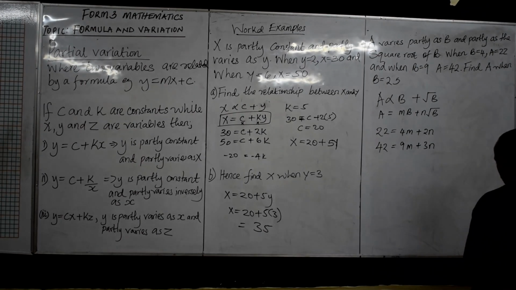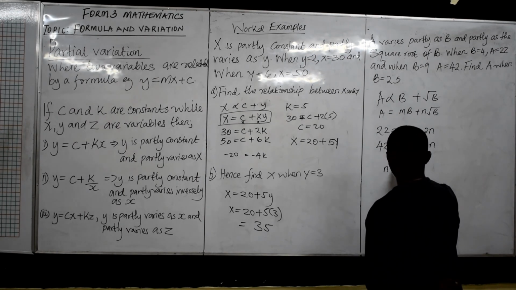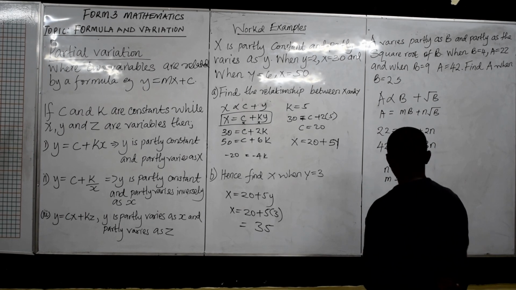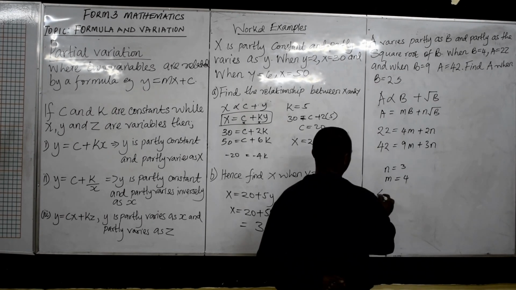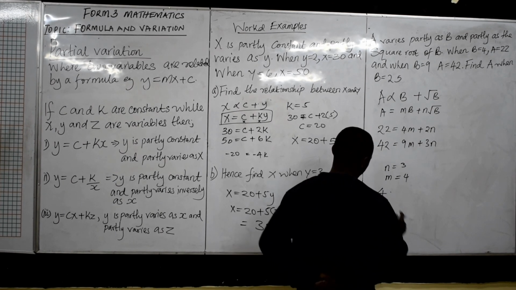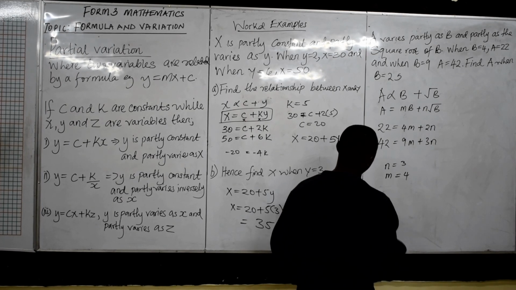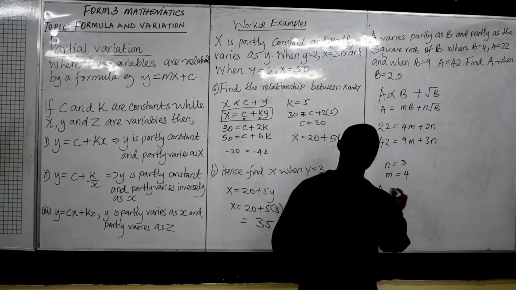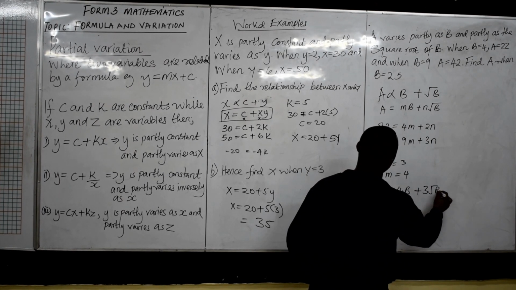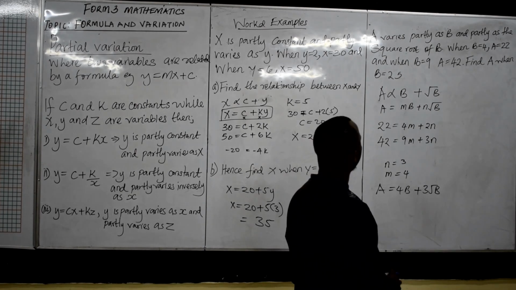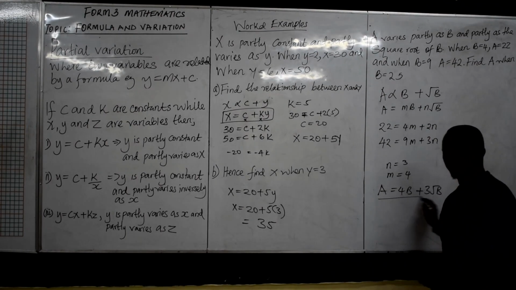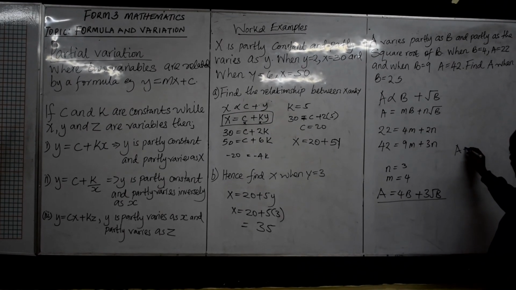We are going to solve this. When we solve, we get n is 3 and m is equal to 4. So the equation connecting a and b will be a is equal to 4b plus 3 root b. Find a when b is 25. So we are going to use this. A is equal to 4